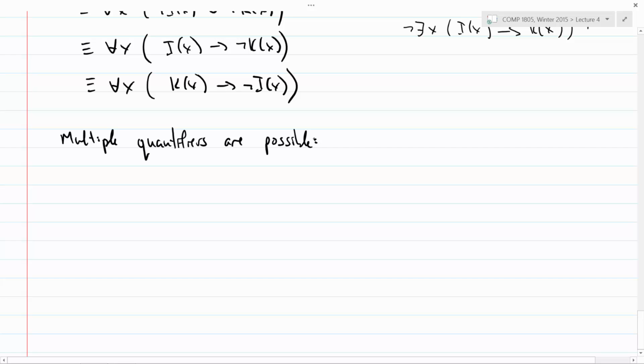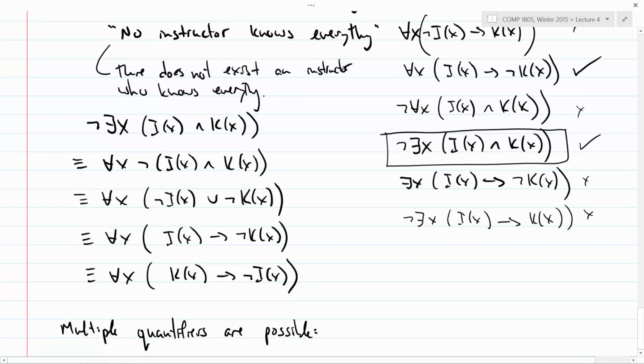Okay? So what that means is you can have a for all and then another for all. Question? I just didn't really understand why the implication is above here. Where? Like the second class. This one? Yeah, so this is saying if you are an instructor, then you don't know everything. So anytime you have an instructor, you know for sure that they don't know everything. That's what the implication means, if the statement is true. So that's the same as saying no instructor knows everything, because anytime you are an instructor, you don't know everything.